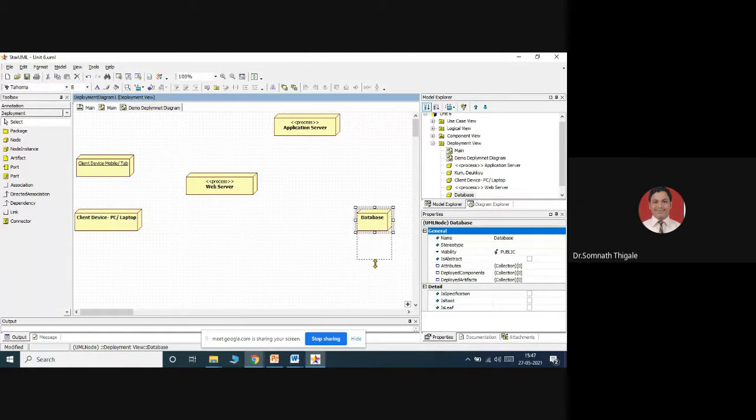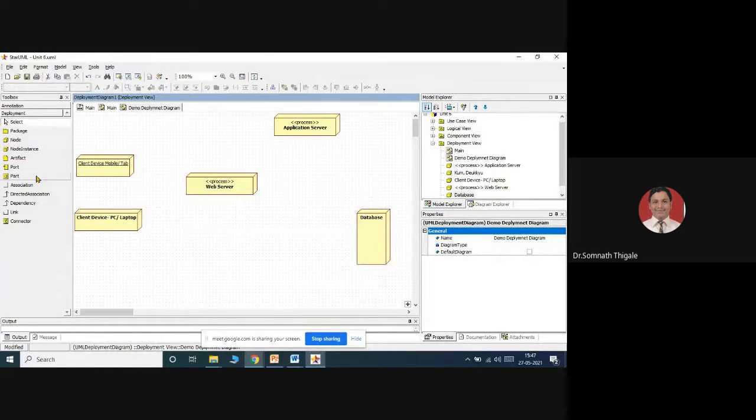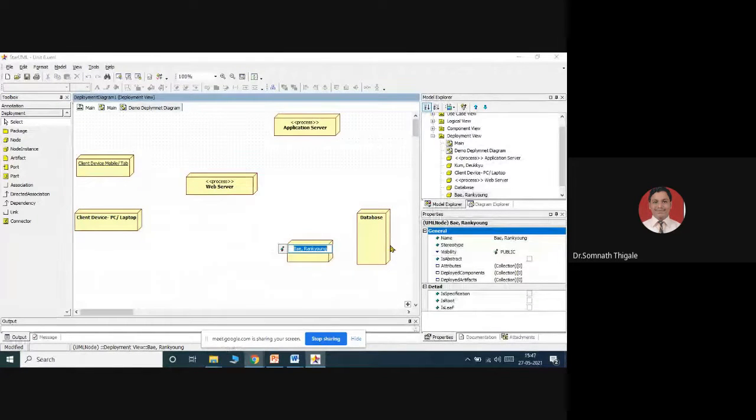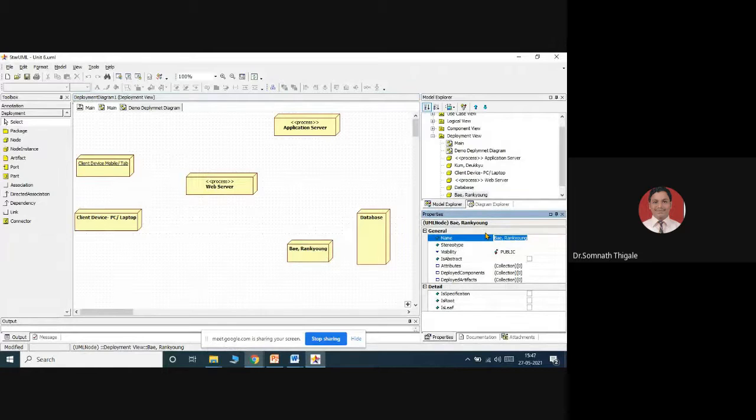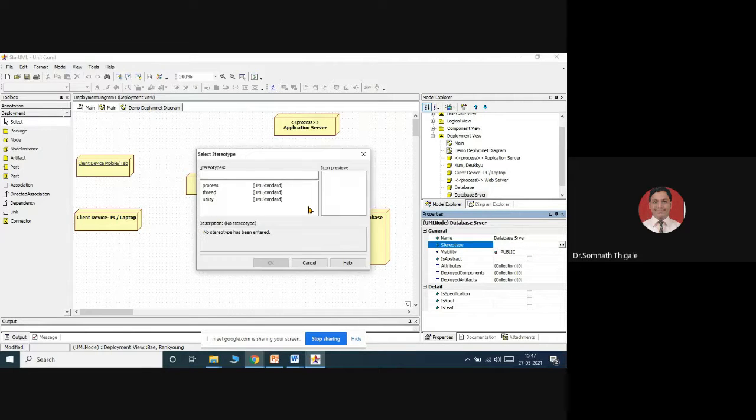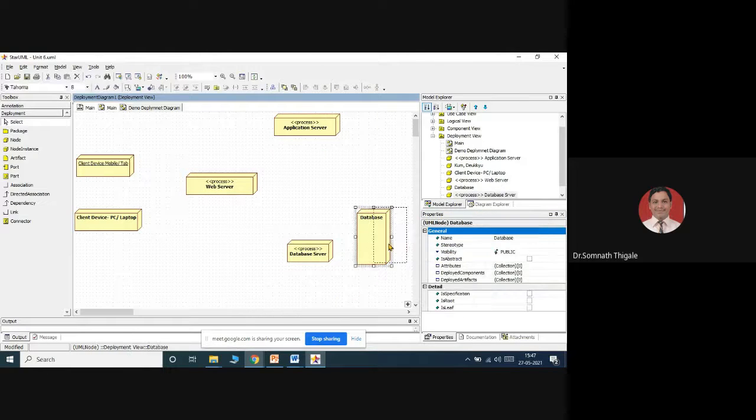This is one type of node that I can use as a database. The communication with the database will be performed with a database server as part of the scenario. Database server, again, has the process stereotype. This will be my entire database of the system.